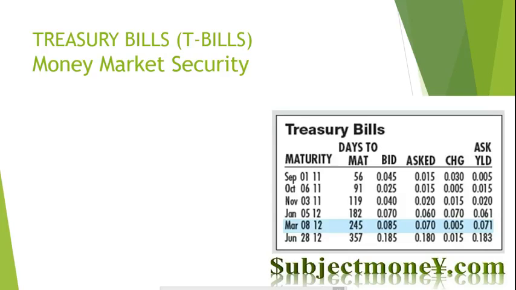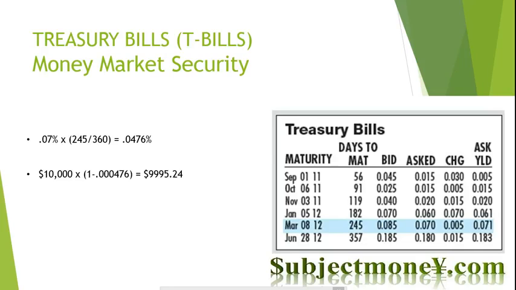Take a look at the highlighted T-bill dated March 8, 2012. The maturity date is 245 days away and the yield in the ask column is 0.07%. This means that the dealer was selling the bill at a discount from par value of 0.07% times 245 divided by 360, equaling 0.0476%. Therefore, a bill with a $10,000 par value could be purchased for $9,995.24. The formula we use to get this number is listed here on the screen.